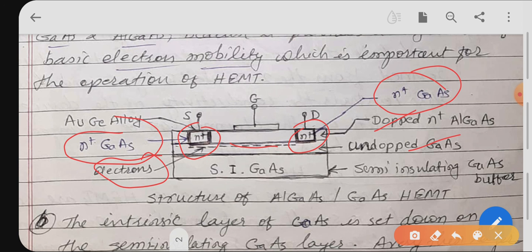The width of the channel can be changed by the gate bias voltage. So depending on the gate voltage, the width of the channel can be varied, and we can change the conductivity also, okay. So this is nothing but the construction and working of HEMT,